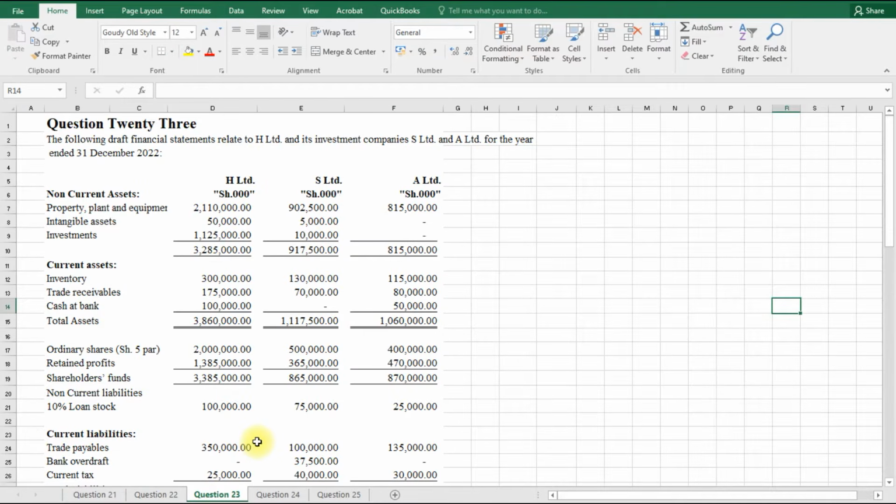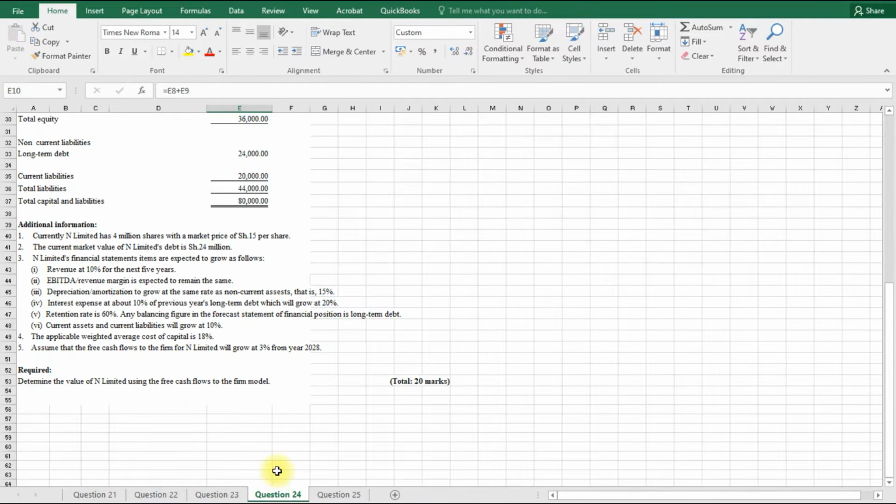Question number 23 was for the group, consolidated statement of financial position. Question number 24 was to determine the value of the company, that is N Limited, using the free cash flow to the firm model. And question number 25